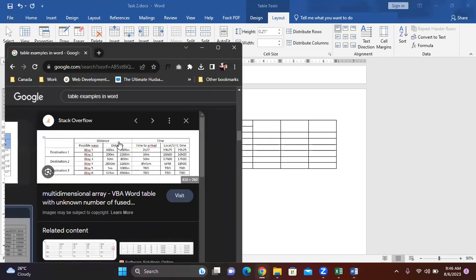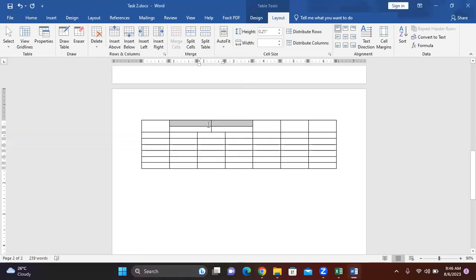Now the first one here, we don't need 2 columns. So what I have to do? Merge. Sir, could you please repeat again? Okay. So see, what we have done is here, we have selected 3 cells, right click